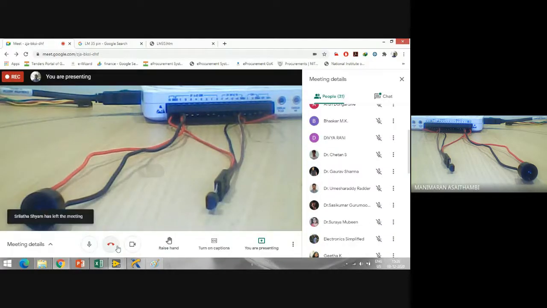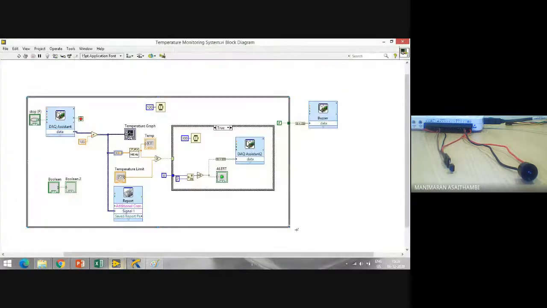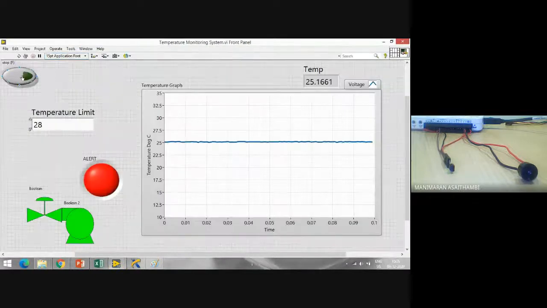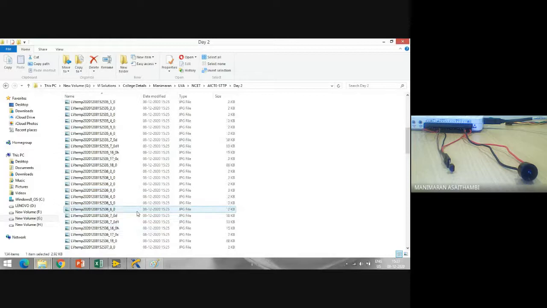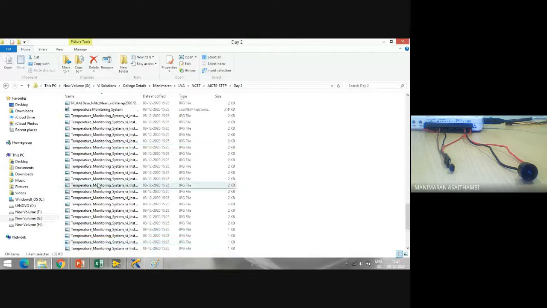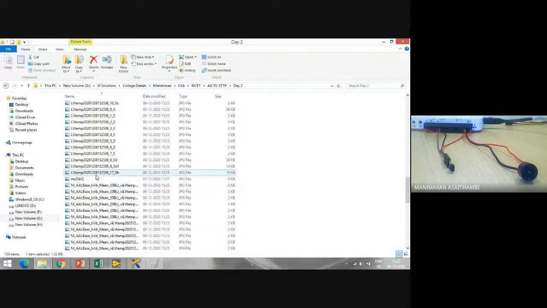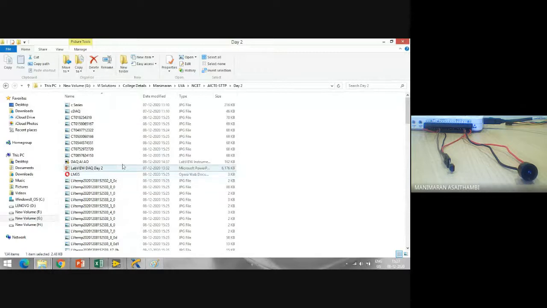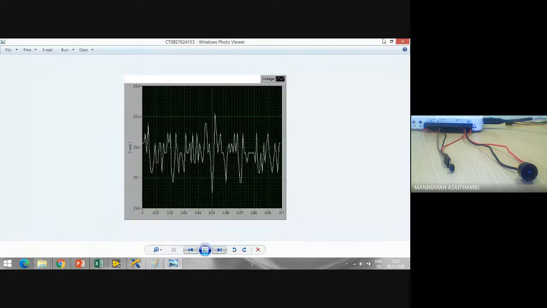Though it is a very simple temperature monitoring system, we started with one temperature acquisition, but at the end of the day, we made a lot of things here. We measured all the values and tried to store each and every second of data. This is a picture, one minute. Whatever images you have, every piece of information will be given. Actually, this is the signal you got at the last moment.